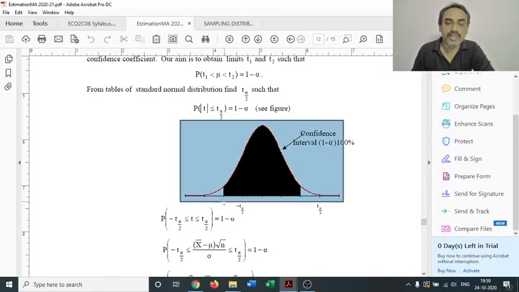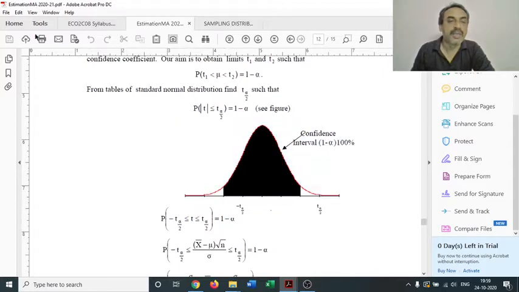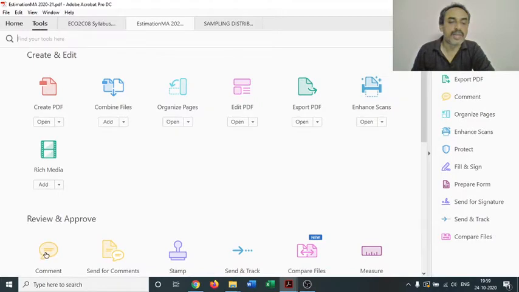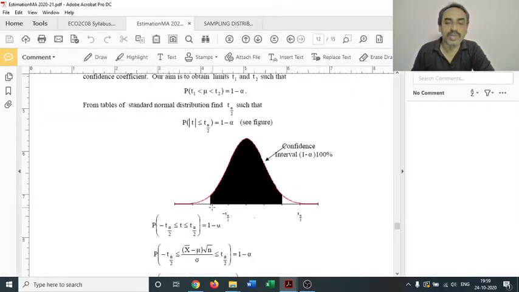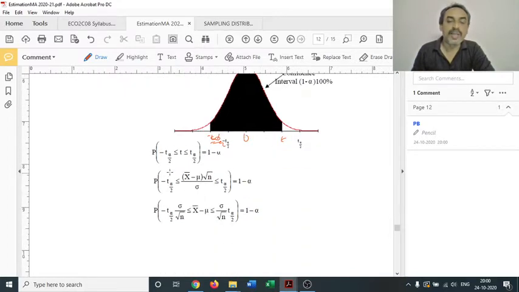this place. I shall take the pencil and relocate those, t alpha by 2 and minus t alpha by 2. So this is the exact place of minus t alpha by 2, from where the shading will be starting, and here this is plus t alpha by 2, and in the middle we get 0. So probability of minus t alpha by 2 less than or equal to t less than or equal to